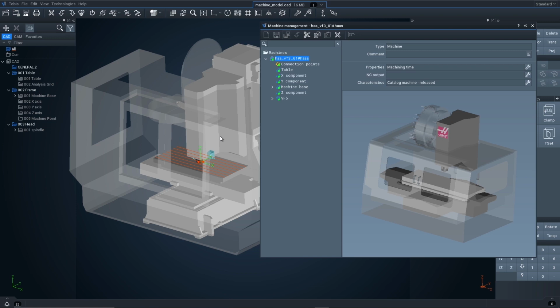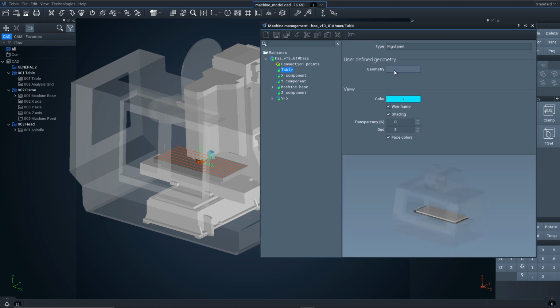New with version 4.1, I now have an option in a customer or a catalog machine to import user-defined geometry. As you can see here, I can do this for all the different components, including the head. This would be the case if a